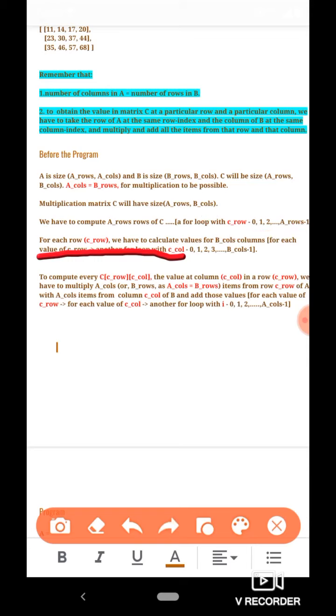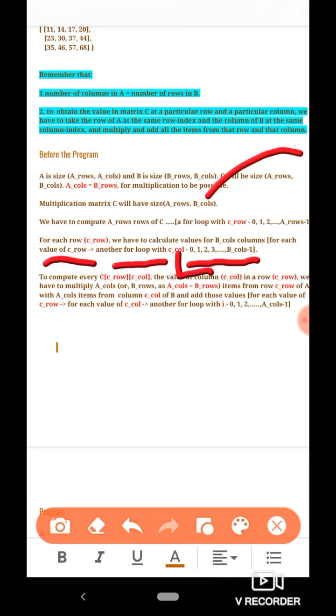So for each value of C row, another for loop has to be run with the loop variable C call, which obviously represents the column number of matrix C being computed, and this is going to have values from 0, 1, 2, 3 up to B calls minus 1, because the matrix C has to have B calls number of columns. So the index will range obviously from 0 to B calls minus 1.